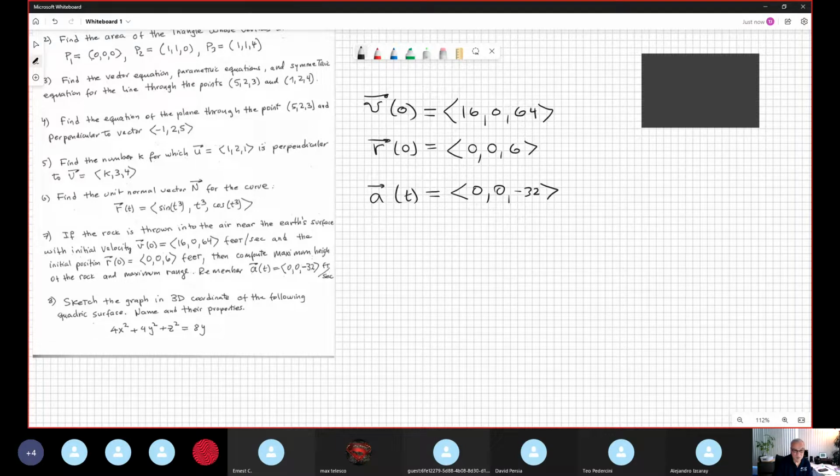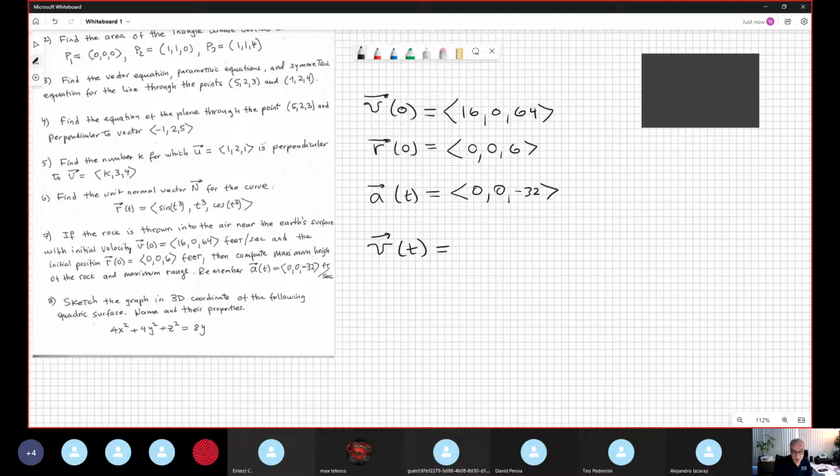So now I need to find the maximum height. It's obvious that the trajectory of this rock describes a parabola, but the parabola is 3-dimensional. So I want to find the peak, the highest value, and the maximum range, which is on the floor when the rock hits the floor. Okay, this is easy because, in order to find the velocity at any time,